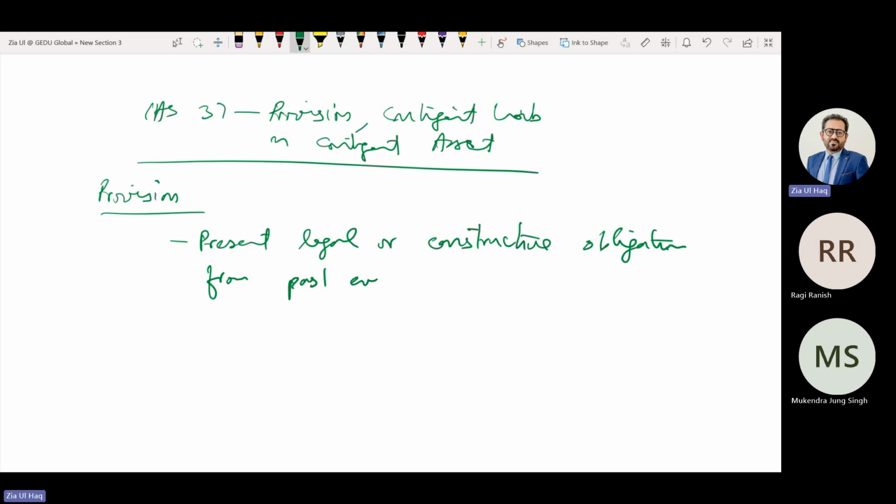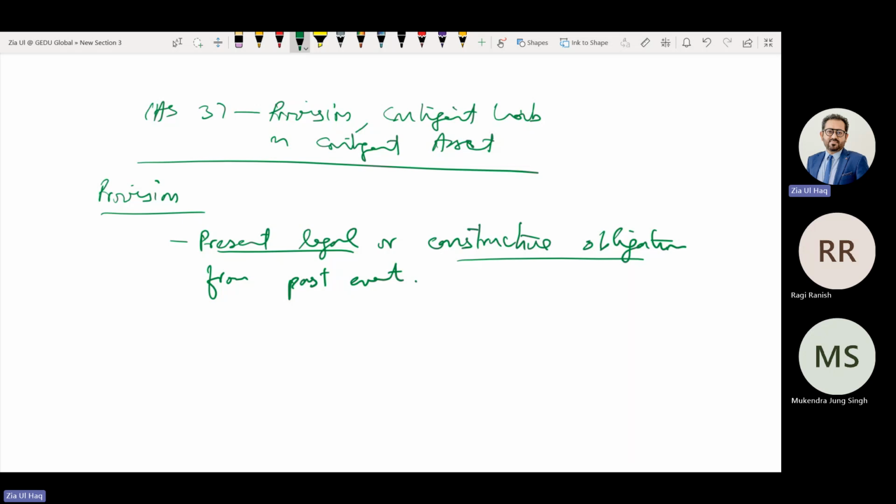Past event means an event before year end, because we need to create the provision at year end. So the event should be before year end, and at year end there must be a present legal or constructive obligation. Legal obligation means there is a court case. Constructive obligation is one you have constructed yourself, meaning you have provided a warranty to the customer. So at year end there is an obligation, and you will receive warranty claims from customers that you need to pay.